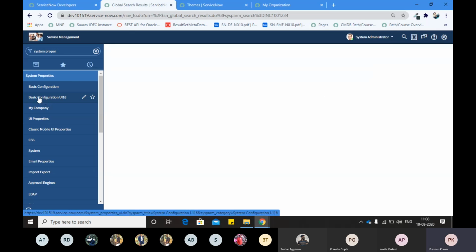So basically, there are two UIs in ServiceNow. Whatever UI you are seeing is called UI 16, right? And the previous version was UI 15, right? So everything you work on now will be in UI 16 only. ServiceNow has already left UI 15, though it is still available on all instances, but it is not recommended, right? We do every piece of work in UI 16 only, right? Let it load first.